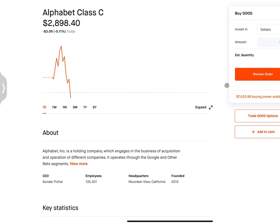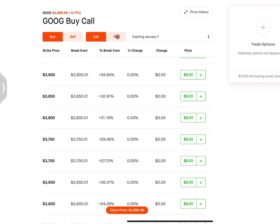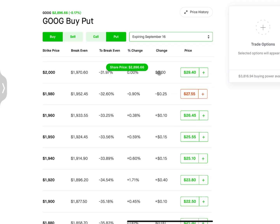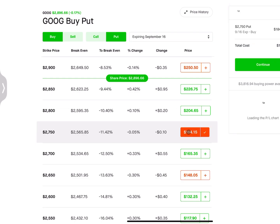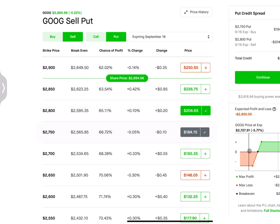I just don't really see it going anywhere, but right now it is trading at almost $2,900. And if you don't have $2,900, that's totally fine. You can open up a put credit spread, as I've been saying. And if you wanted to copy Nancy Pelosi's expiration date, September 16th, you can do that. I would probably just buy a put here and sell a put there. So 2750 and 2800. Right now, if Google doesn't fall by 4% before September 16th, you're going to make $2,000. You're going to have to put up some collateral for that, but I think that's a really, really good